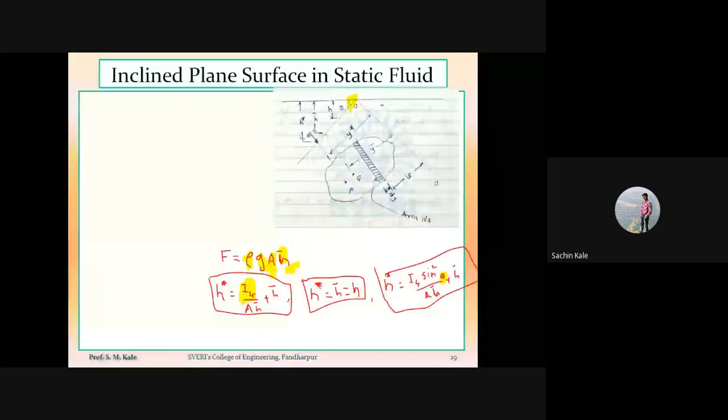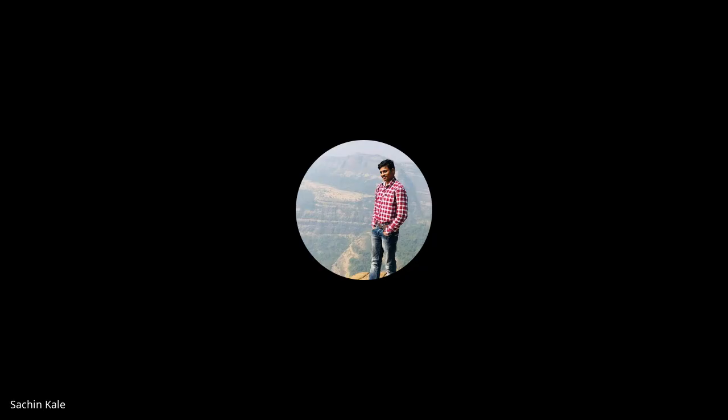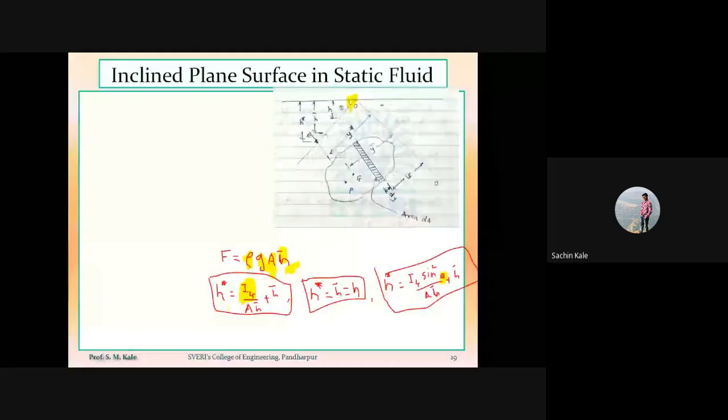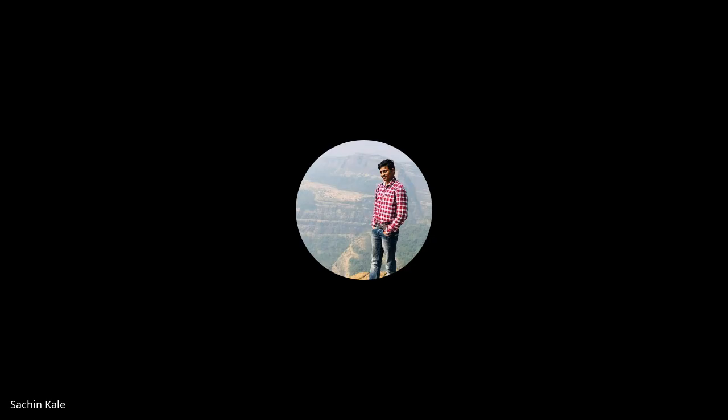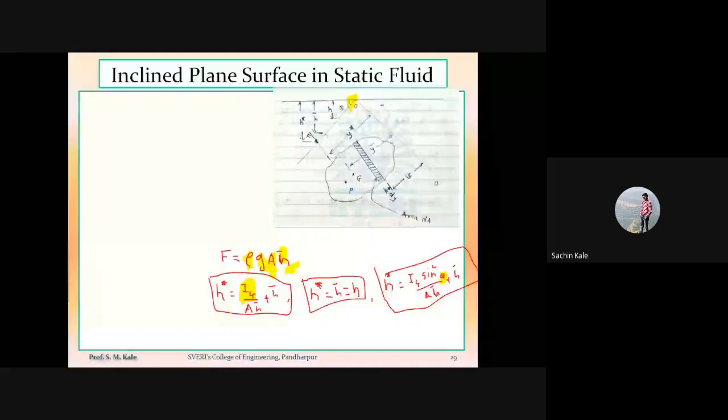That means whatever arbitrary shape body is there, instead of the arbitrary shape body, in the problem they will mention that there is a circular body, or a rectangular body or square body, or a triangular body, or a trapezium body. So for each and every geometry, there will be different values of area, different values of H bar, and different values of Ig. So we have to see those values.